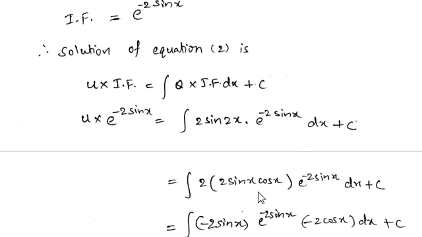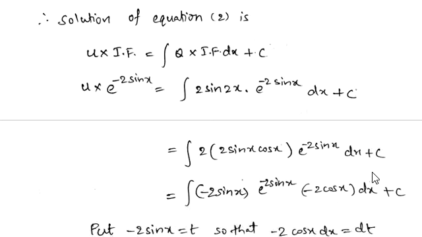We know we are expanding this sin 2x, and e to the power of minus 2 sin x dx is as it is. We are writing this 2 for cos x and this 2 sin x separately, and we are adding just minus and minus for these two terms. Minus of minus is plus only, and 2 into 2 means 4 sin x cos x, and here also we will get 4 sin x cos x.